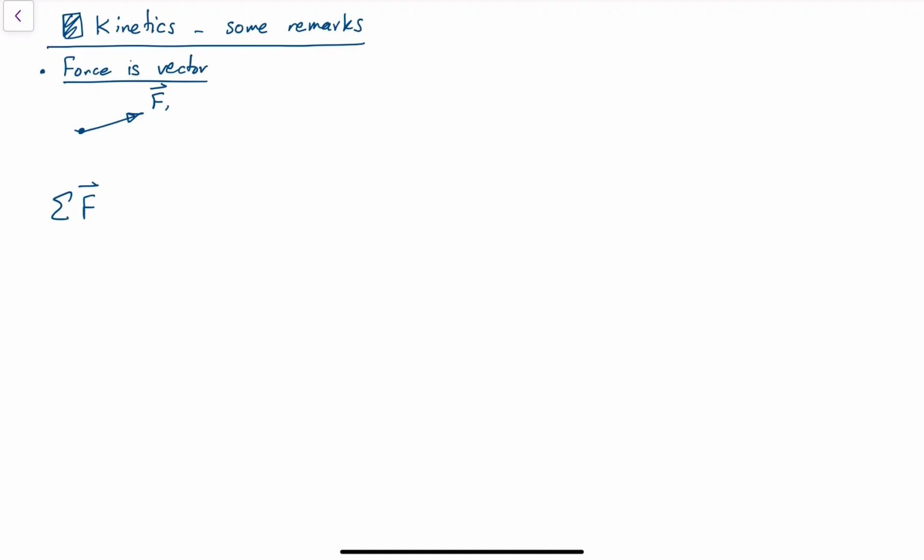So if, for instance, this one is force 1, you are applying a different force, F2, to the particle. To find the net force, you need to do vector summation. And there are different ways you can do it in algebraic form, if you know the components of the force in different directions. Or here I want to use just a graphical representation